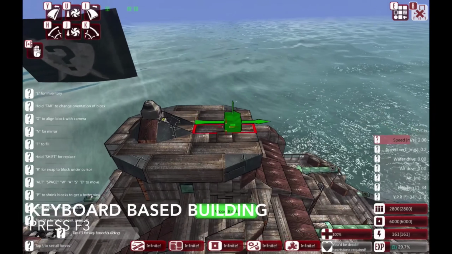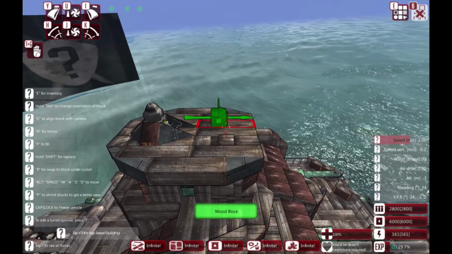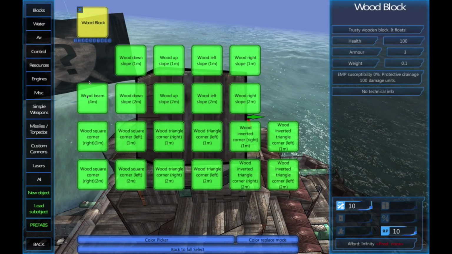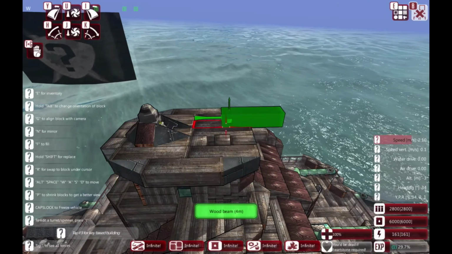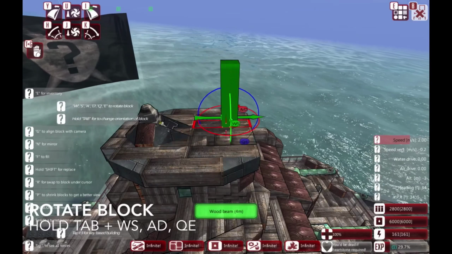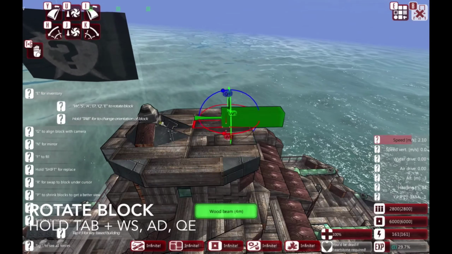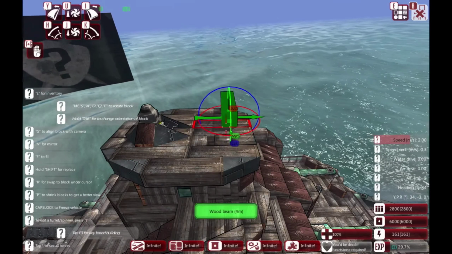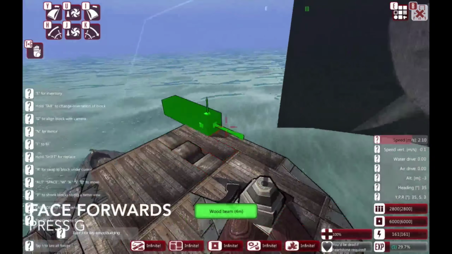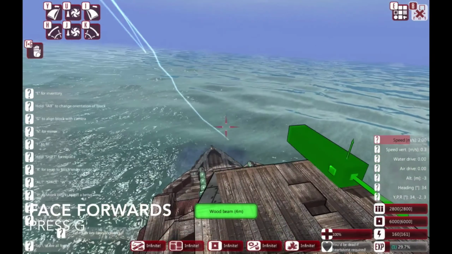So that shows you basically how you add and remove blocks. The next thing we need to know is how to actually rotate the block. So we just hold Tab, and then that allows W, A, S and D to rotate the block in different ways. And one final thing is that you can press G to get the cursor to actually